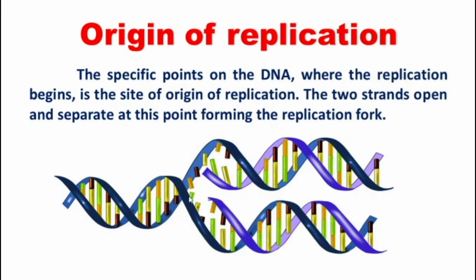Look at this picture. So here the double helix structure has broken up and the double strands will be separated into single strands. So here this location is called the replication fork. It makes a Y-like structure. The two strands will act as the template. Based on the information present on the template, the new nucleotides will be added and the new strand will be synthesized. This is origin of replication.